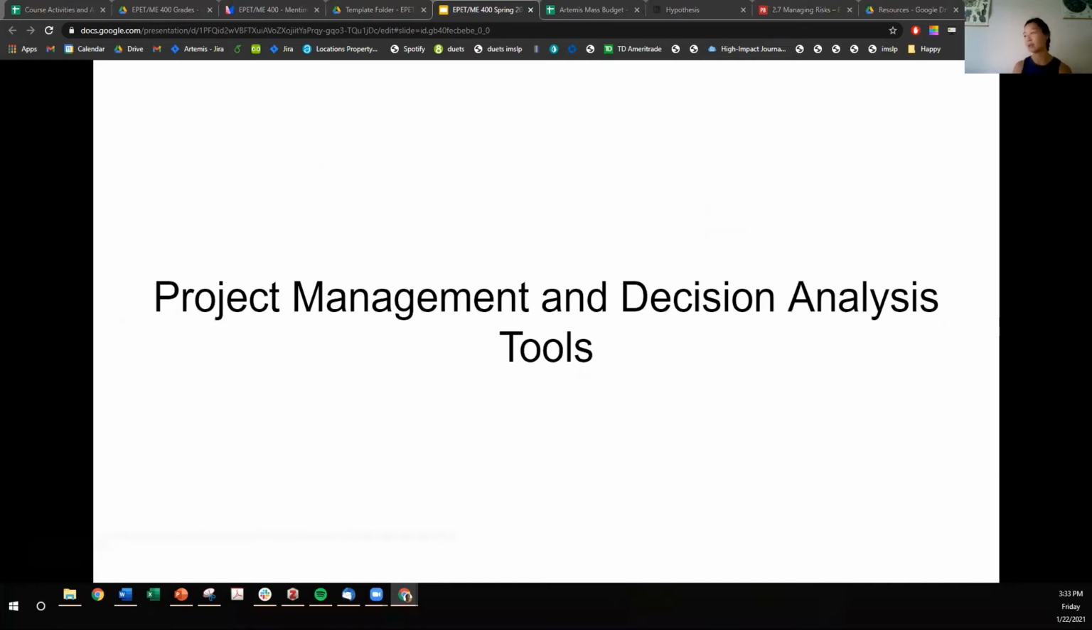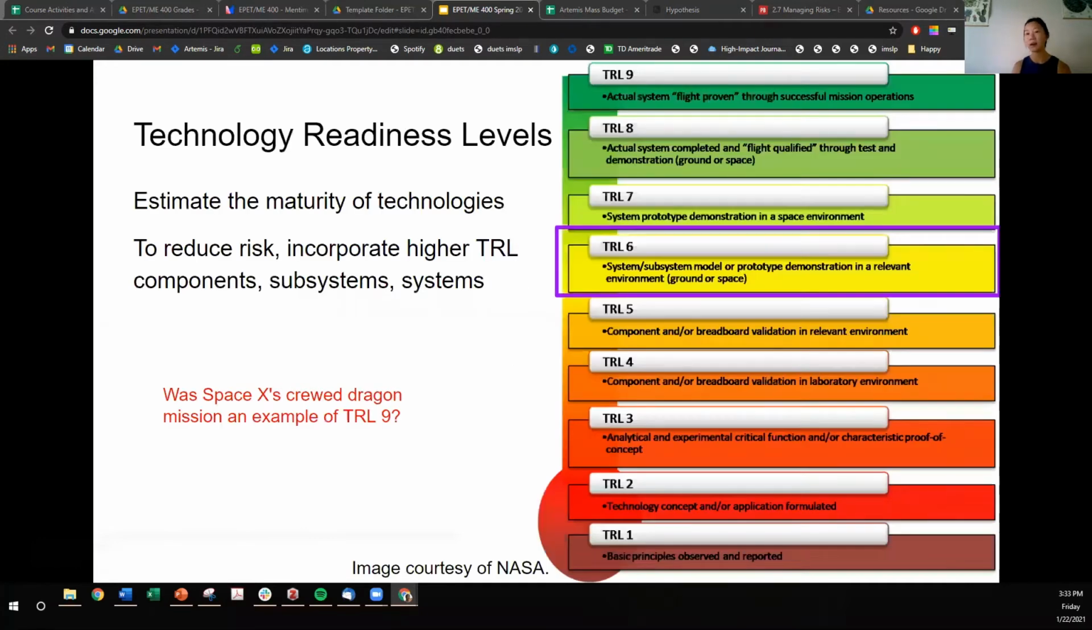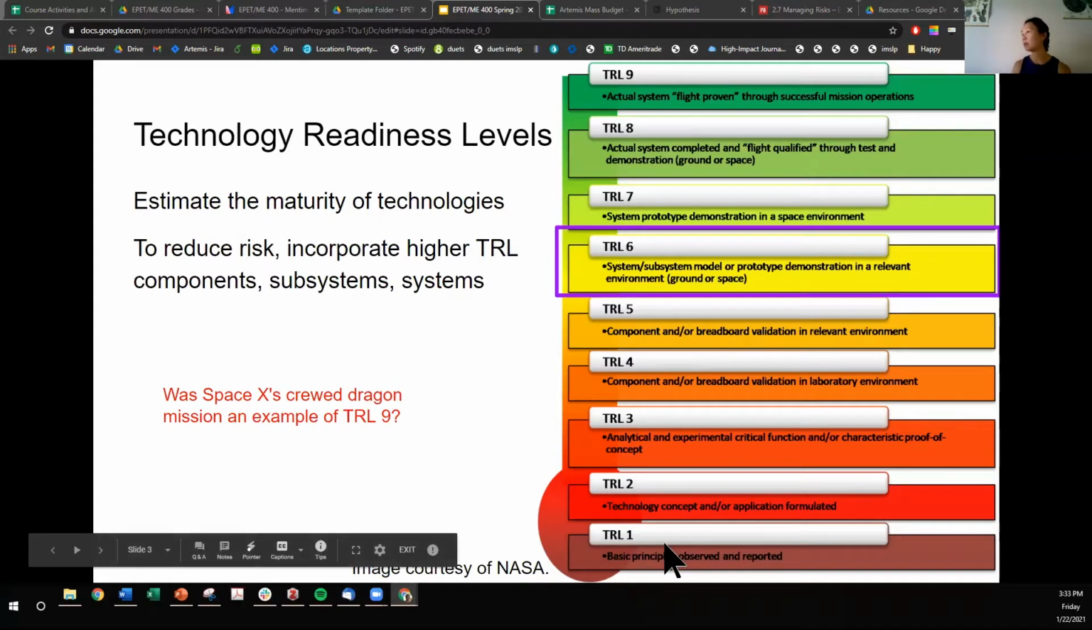Okay, so let's start with project management and decision analysis tools. The first thing that I wanted to mention is technology readiness levels. Here you'll see a diagram where it's kind of like a thermometer, where you start from TRL 1 and you